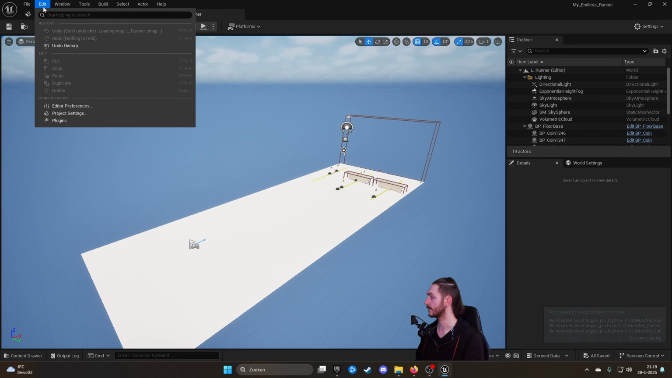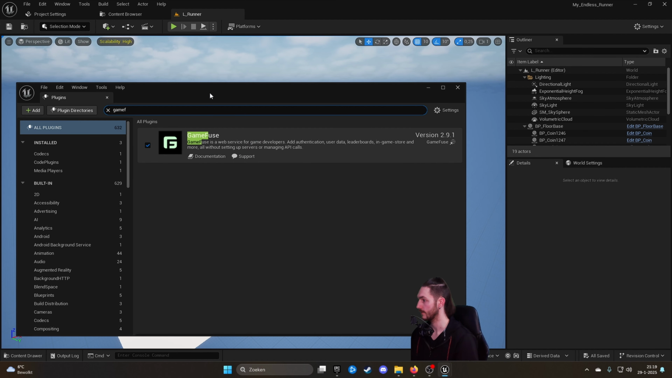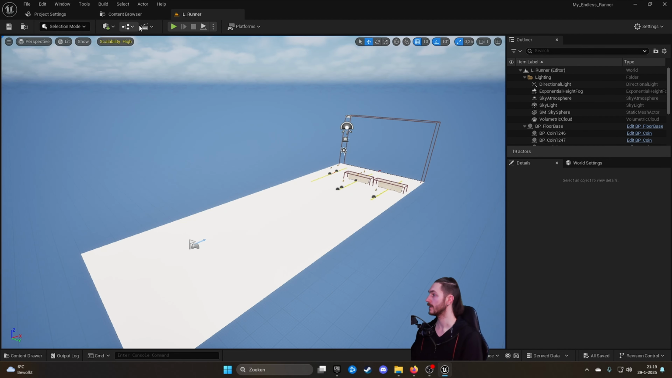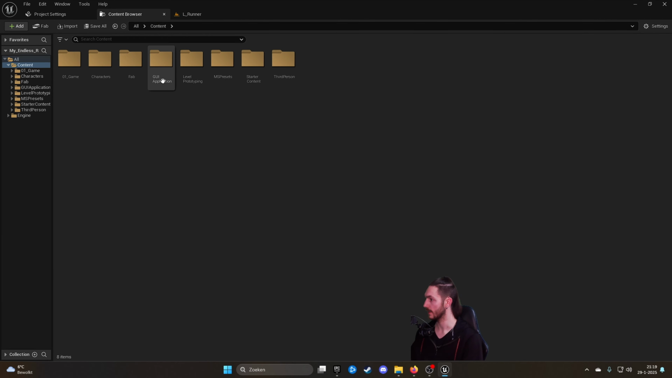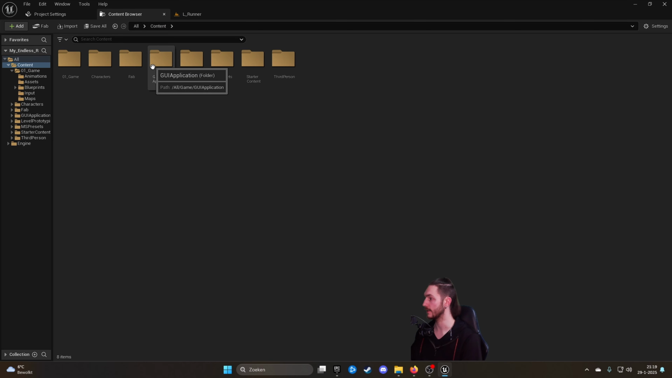Pretty quick. Still have the GameFuse on. Yes, it's still on. Okay. Now we go to the content browser. And here we have our folder, the one we just copied in here. It's better if you say it like this, because normally we are in the game folder, this one, blueprints and everything. Click on content, and then you have here the GUI application. Double click it,